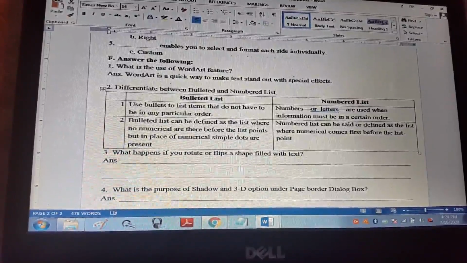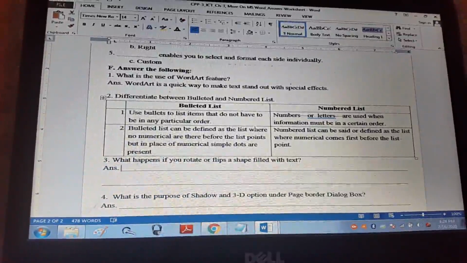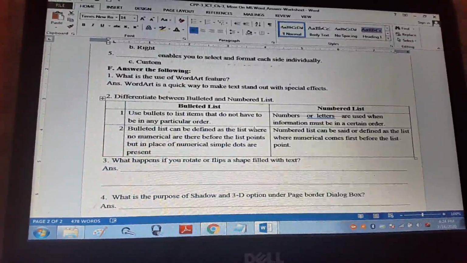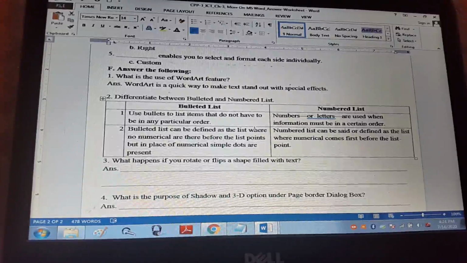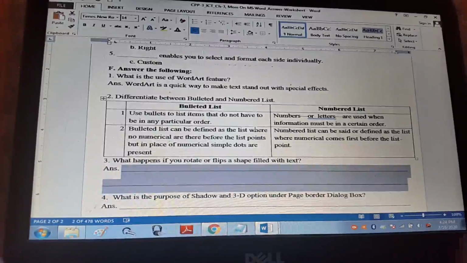Okay. Now the next question, what happens if you rotate or flip a shape filled with text? What will happen if I rotate the shape filled with text? The text will also flip. Let's write its answer.